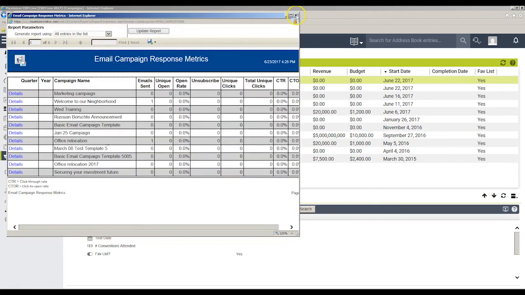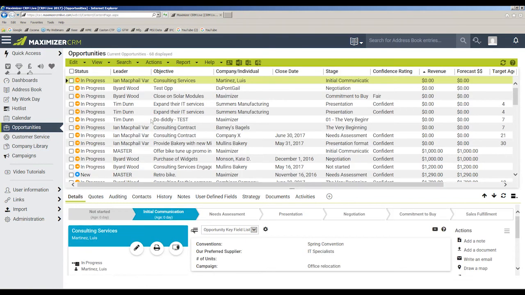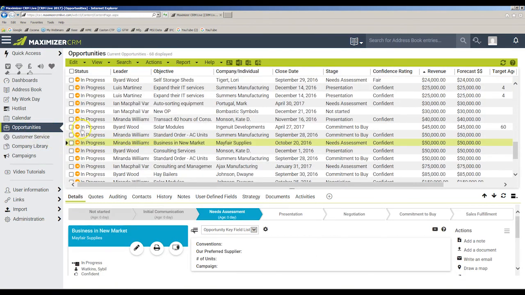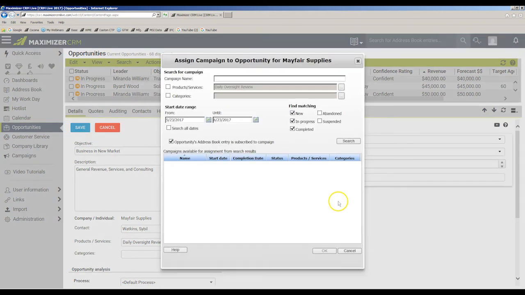Something else that might be of interest is that you can attach a campaign to an opportunity and subsequently measure how successful that campaign was for those opportunities. Here in the Opportunities module is where you can select an opportunity, come down here into the Opportunities key field list or default key fields, bring up to edit mode, and select the campaign that you would like to attach